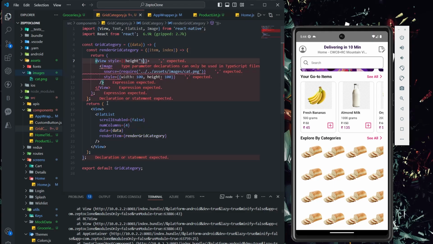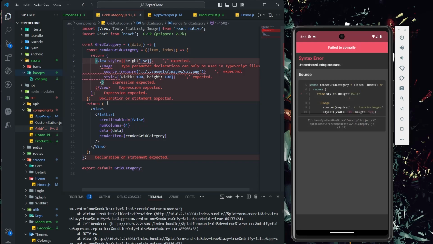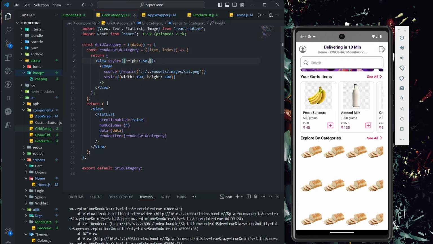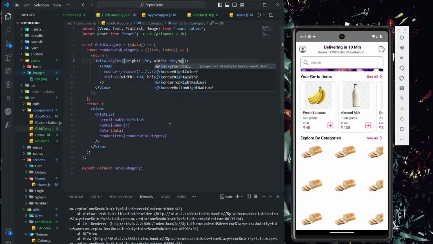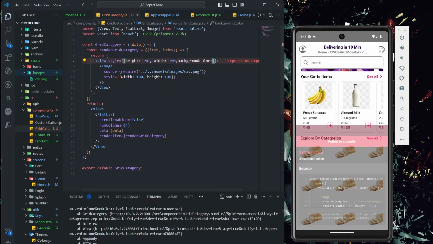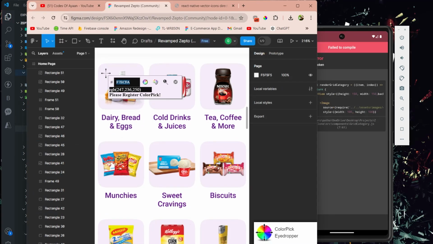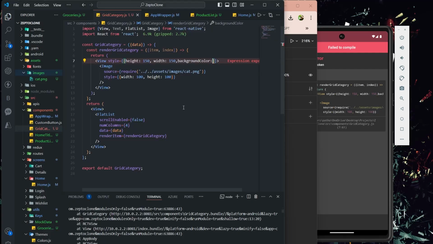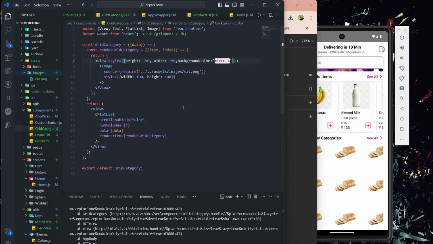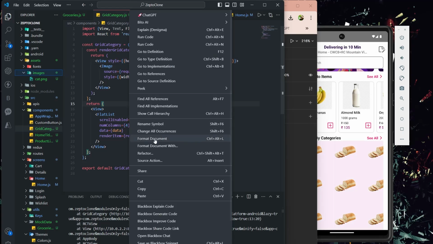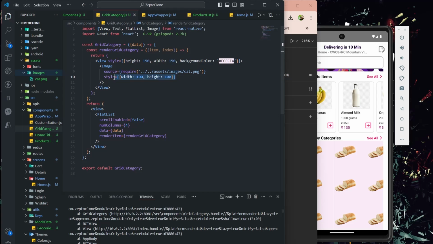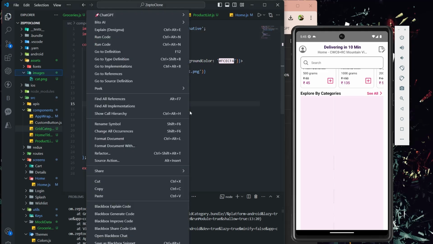I'll say height of 150 and width of 150. Now background color, let's get the background color, F7ECFA. In fact, let me comment the style first. Okay, and